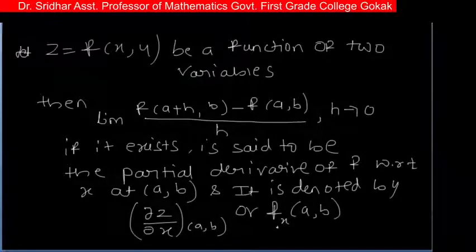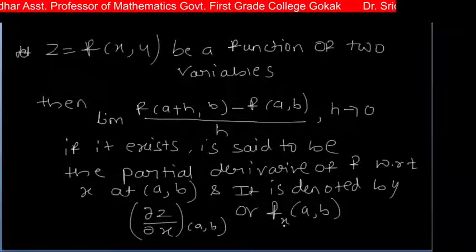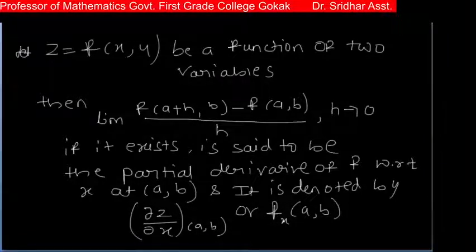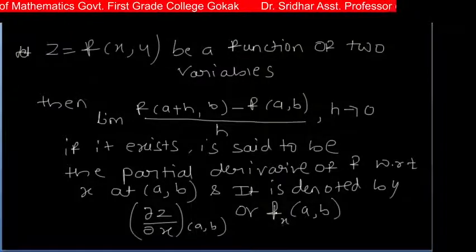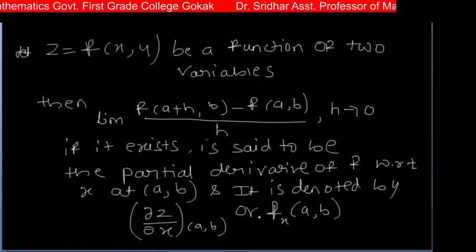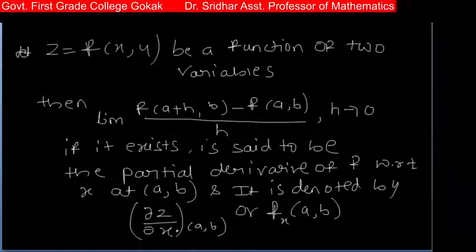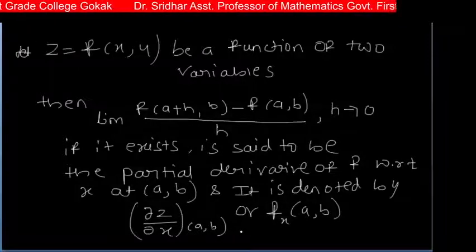So here the subscript x denotes the differentiation with respect to the independent variable. So f x means differentiation of f with respect to x. It is also denoted by dou z by dou x at a b. Okay. Now similarly,